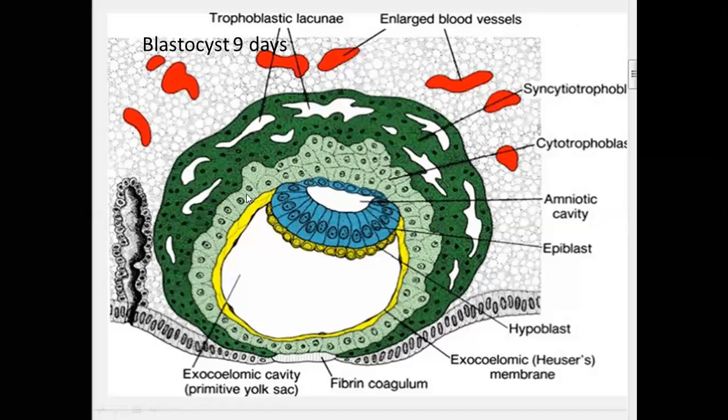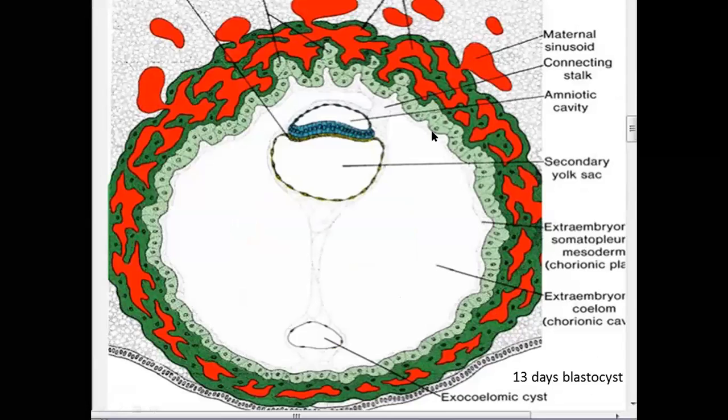When you see the blastocyst at the ninth day, this blastocyst is surrounded by the trophoblast. That trophoblast has one layer, that is cytotrophoblast. The cytotrophoblast has cell boundaries and nuclei. That's why we call it cytotrophoblast. And syncytio, when the cells do not have their cell boundaries, then we call it syncytiotrophoblast. Then spaces appear in the syncytiotrophoblast. Those spaces are known as lacunae. Then lacunae are filled with the maternal blood. In this way, the placenta is formed. So we'll discuss that in detail also.